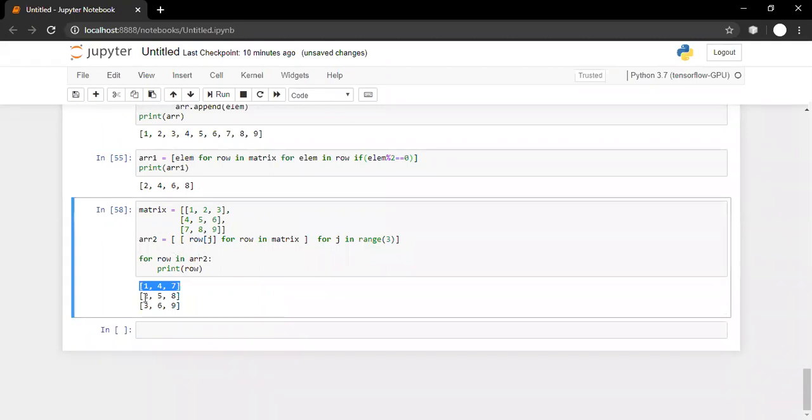So this is our first row, second row, and third row from ARR2. The first row contains elements 1, 4, and 7. So in the first row, what we want is 1, 4, and 7.